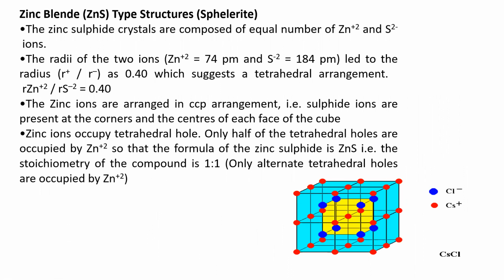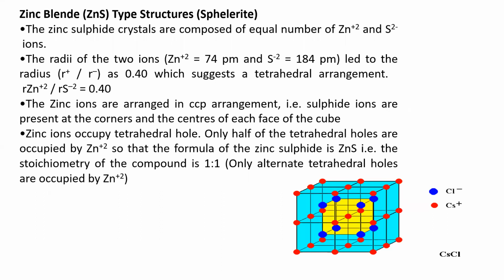Next, zinc sulfide structure. It is also very, very important. All the important points are being given nicely to you, so that you just need to study this. They'll ask 4 types of questions: where the zinc ions are present, where the sulfur ions are present, the same way as in the NaCl crystal unit cell, where the sodium ions are present and where the chlorine ions are present. That is question number 1. Question number 2, coordination number, that is how many chlorine ions are surrounding a sodium ion, and in the same way how many sulfide ions surround a zinc ion. Next, we have octahedral voids, etc.